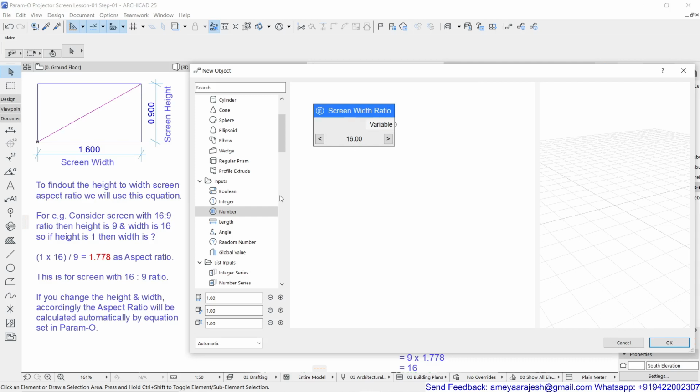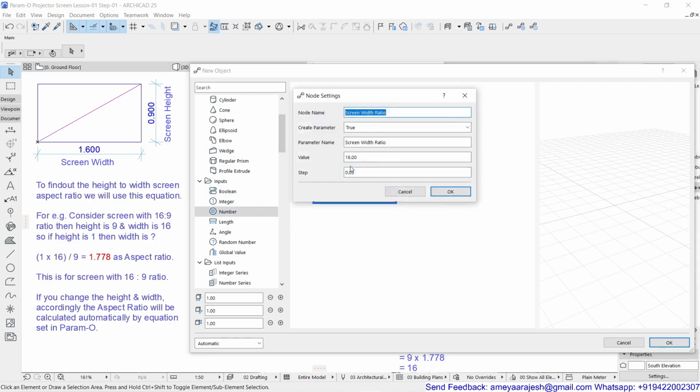Now how to create the next option, that is the height. Okay, the parameter for the height. So either if you want to copy this, you can select this, hold the control key and start dragging, you will see that copy is generated for you. So that's also valid, or you can double click on the same thing and you can rename it also. Now I'm just double click to open this node setting, and instead of width I'll say height.